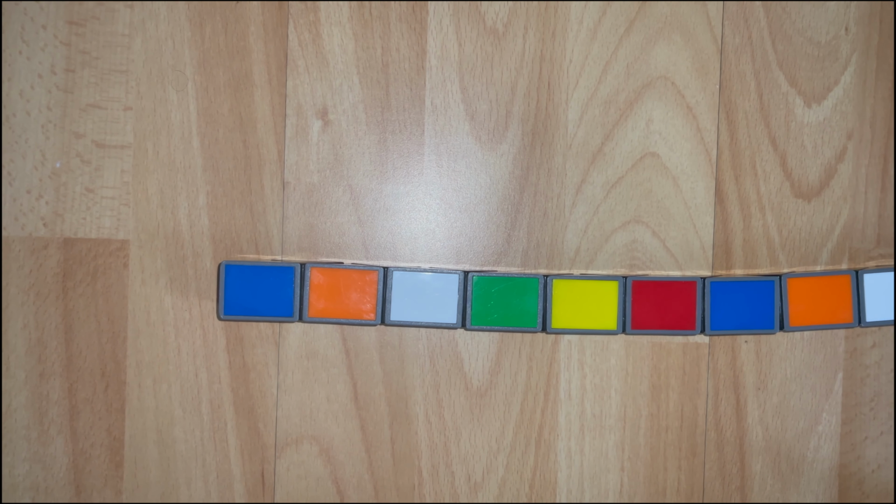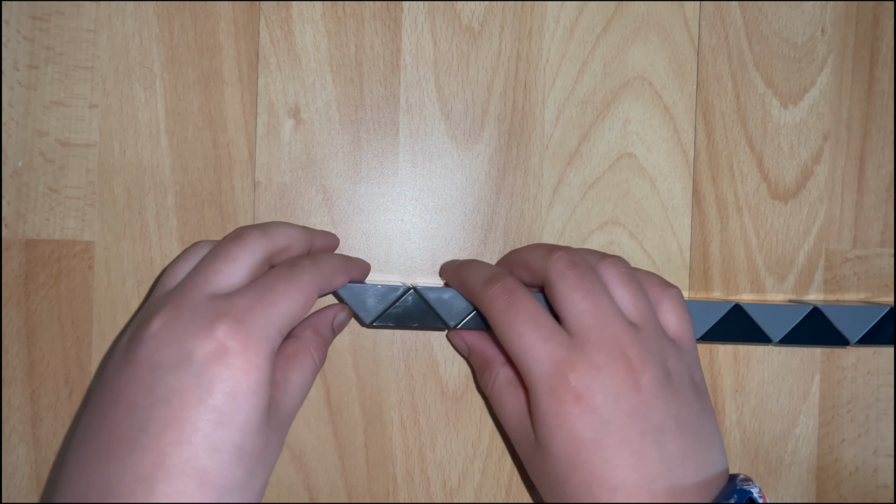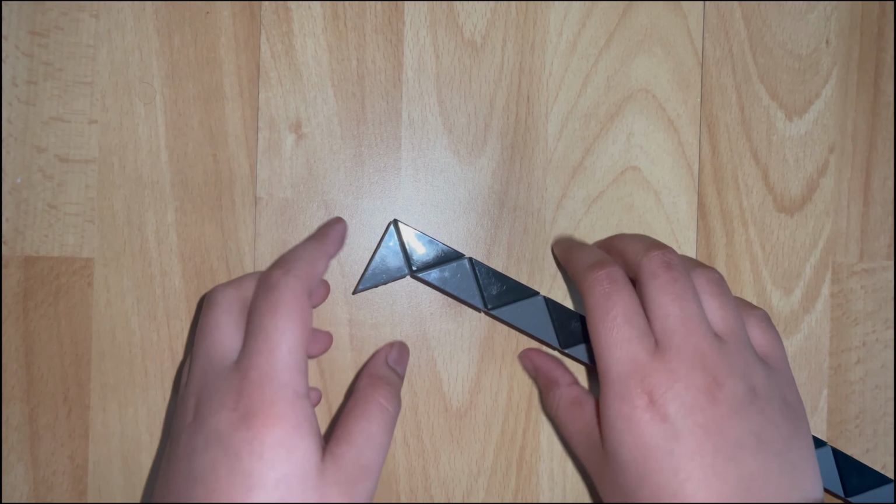Hello everybody, and today I'm going to be showing you how to make a bended hexagon. So turn the first block 2 times, like that, and hold it like this. Turn this block up,